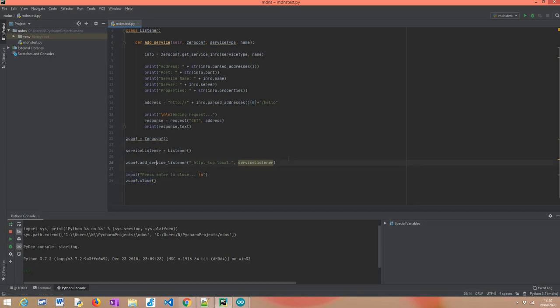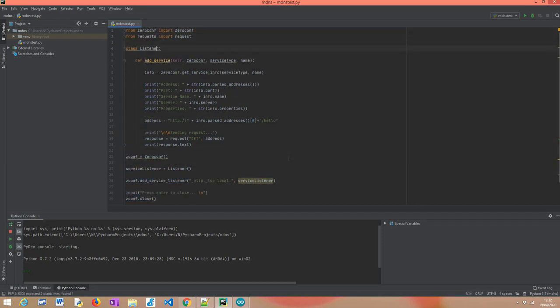So after explaining here how we register our service listener, let's check the actual implementation of our class. Again, I call the class Listener. You could call it whatever you want, as long as we implement a method with this name, add_service. This is a method of our class, and basically it should have this signature. It should receive its own instance over which the method was called, which is done using the self keyword. Then it receives an instance of a zeroconf object, which is basically the instance that has registered the callback. So for us, what is going to be passed in this parameter is our zeroconf instance.